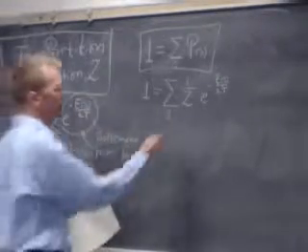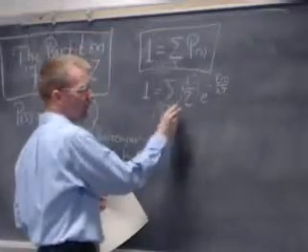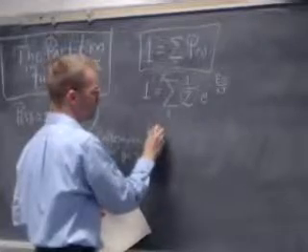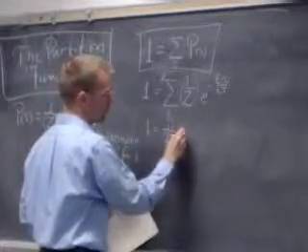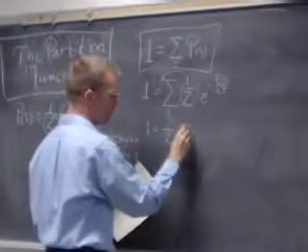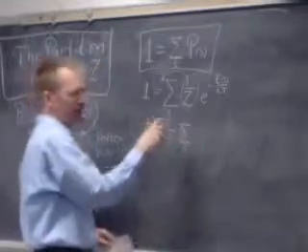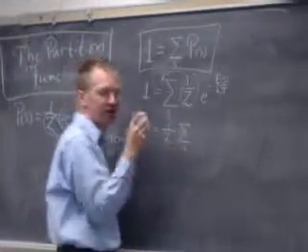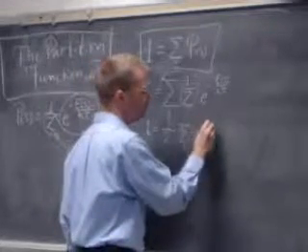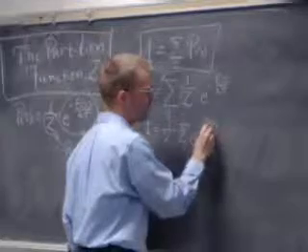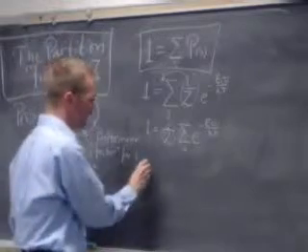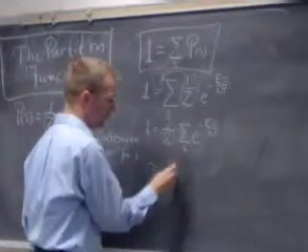It's a constant. Since it's a constant, it's the same for every one of the terms in the sum, and so we can pull it outside the summation. So, again, we've now got a sum over all the microstates S of their Boltzmann factors, their relative probabilities. If I want to solve for Z, I multiply both sides by Z, and I come up with